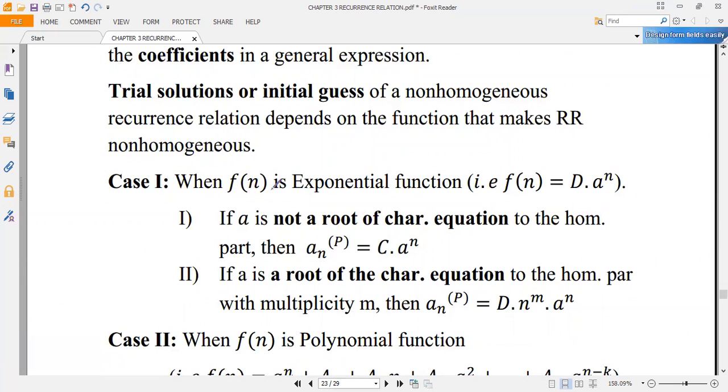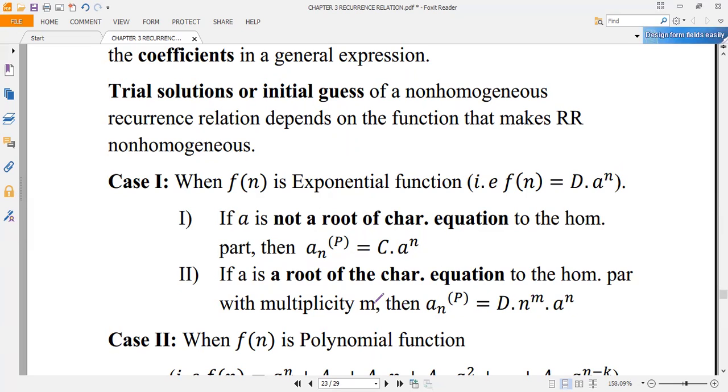So when Fn is an exponential function, which means Fn is d times a to the power of n, there are two cases. If a is not a root of the characteristic equation of the homogeneous part, then the particular solution, the initial guess, will be taken as c times a to the power of n. If a is a root of the characteristic equation of the homogeneous part